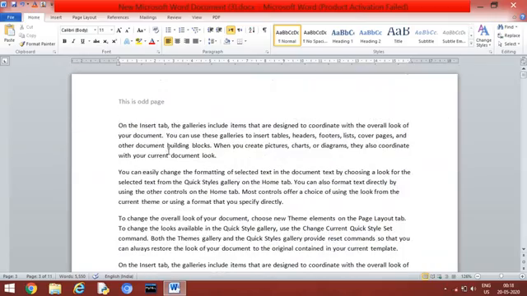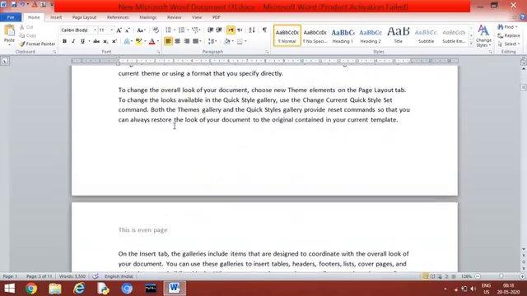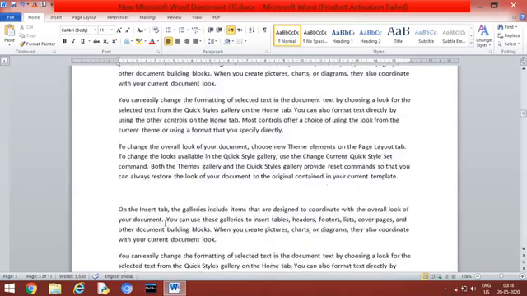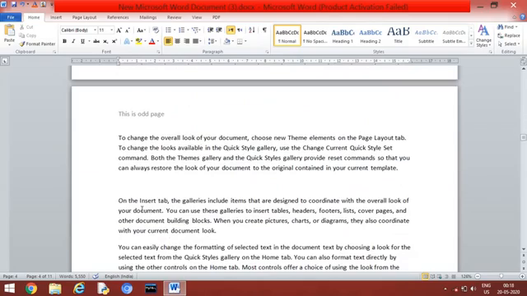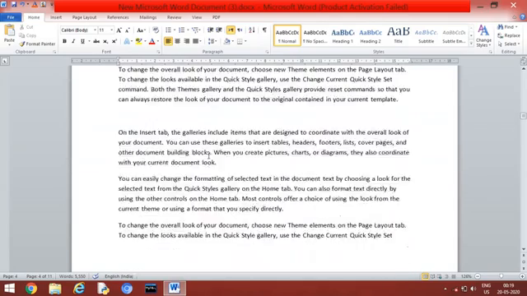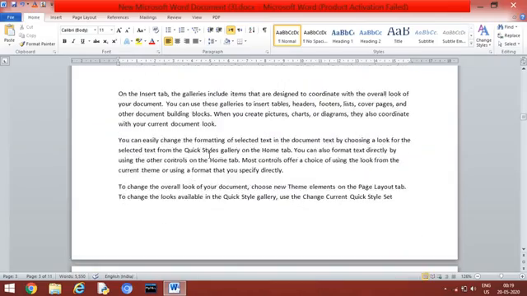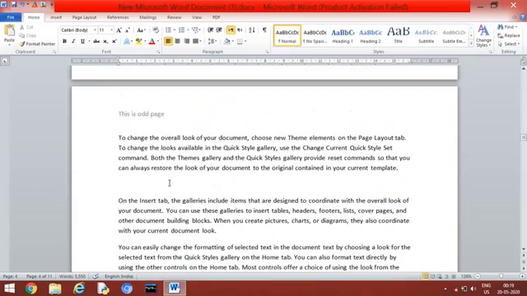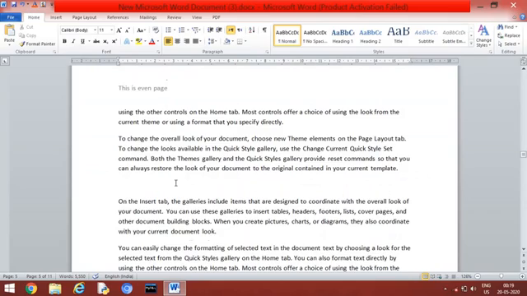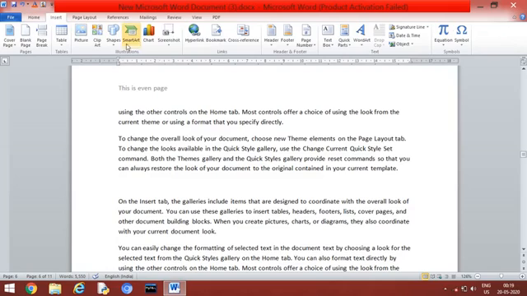So this is page number 1, this is page number 3, this is page number 5. In all these page numbers, the header is the same. Again in page number 2, page number 4, you can see that the header is the same. So likewise we can give the header for odd pages and even pages.